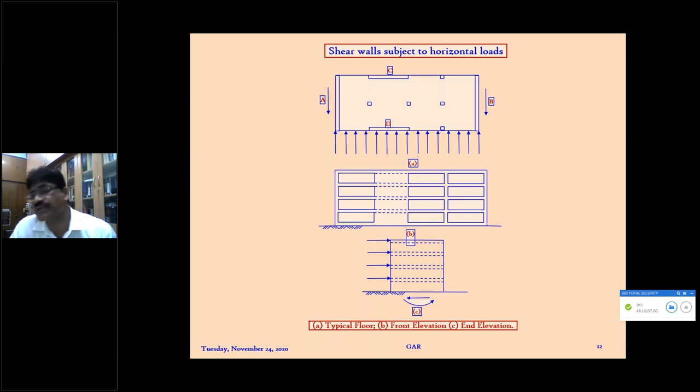Now we understand how the shear wall is to be located and how the loads will be acting. For example, see here, this is a typical building plan. There are some columns in between, and this is the boundary, the outer wall, outer wall, outer wall. This is the longitudinal direction of the building, and this is the shorter direction. So now,